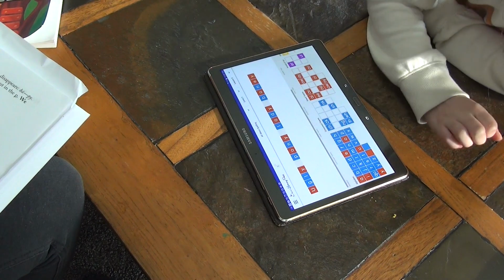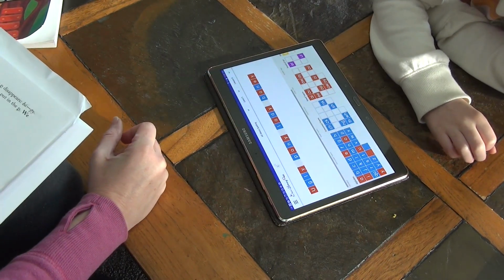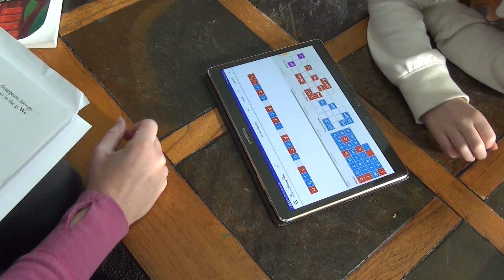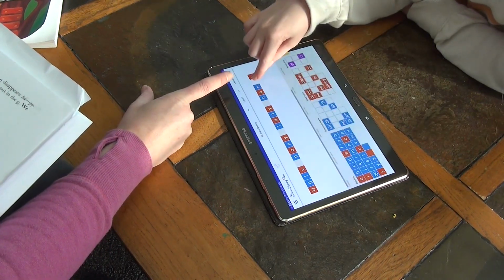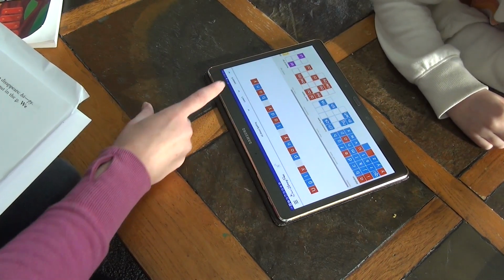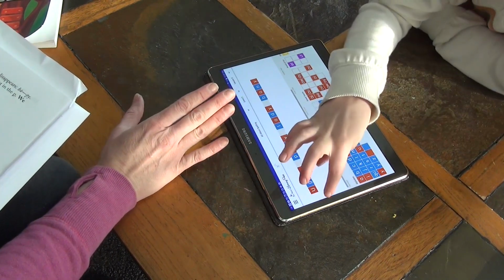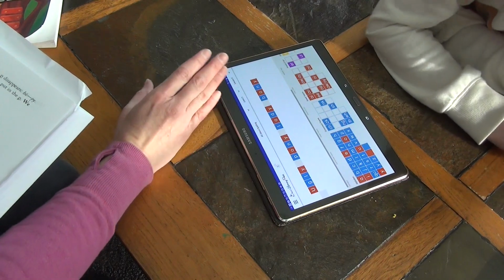B-O-N-E. Oh, why do we have an EY here? Because that's how it's spelled. No. So bone is spelled B-O-N-E, right? But if we were going to split that out into syllables, sometimes we do use an EY, but here we're going to do